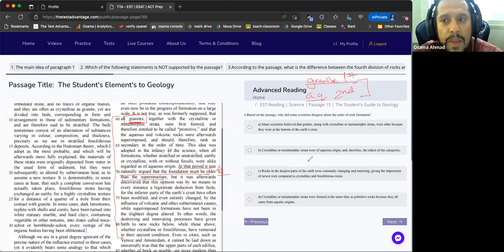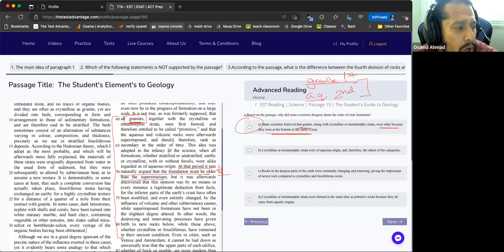EST is very good at this. EST is very good at يديك نص جملة وانت لازم تفهم الكونتكست بتاع النص جمله ديت. مش كفايه اقرا بس النص جمله اقول هلاقي الاجابه هنا. ومين عمل كده؟ This is a very big problem. So this is the disagreement. So I think my answer is A. Many scientists believe that granite, right, were older because they're at the bottom of the Earth's crust. I think the answer was A, right? So, well, granite again. بيقول لي هنا ده disagreement. Granite came first, or granite came first and then aqueous rocks. وبيقول لي حتى هنا الديسكريمنت باينه.